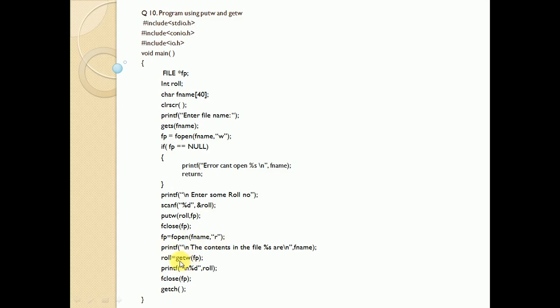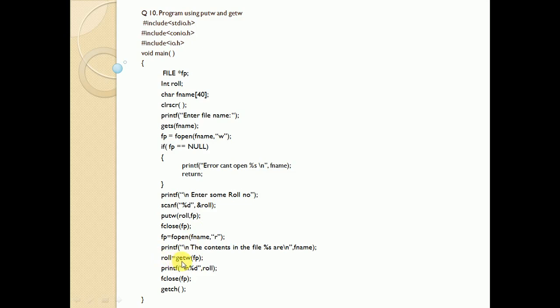Which function are we using here? getw. The contents of the file which is pointed to by the file pointer fp, it is going to read the roll number that was stored in the file. So the value returned by getw is assigned to the variable roll number.